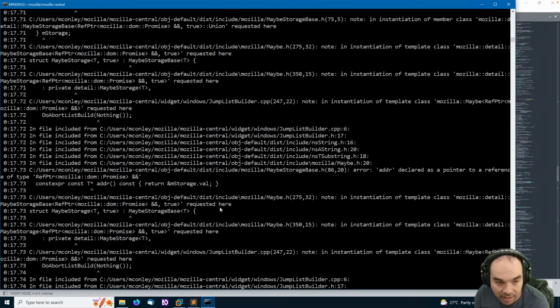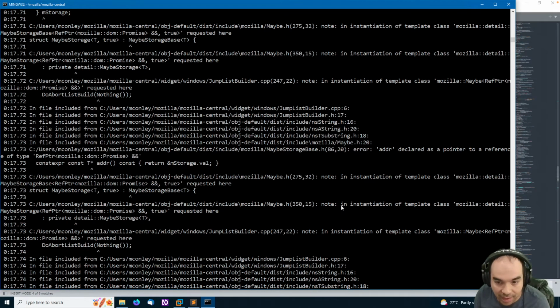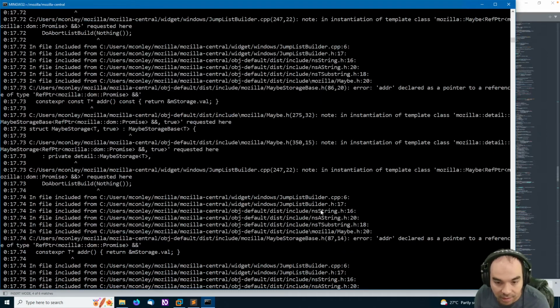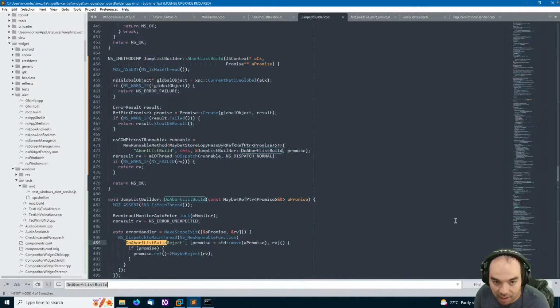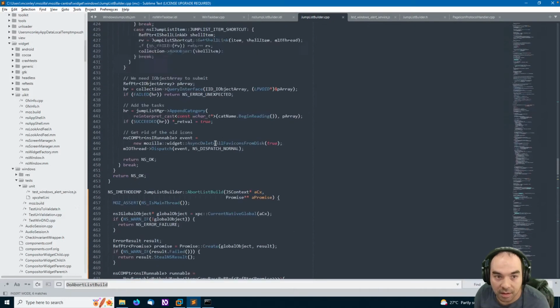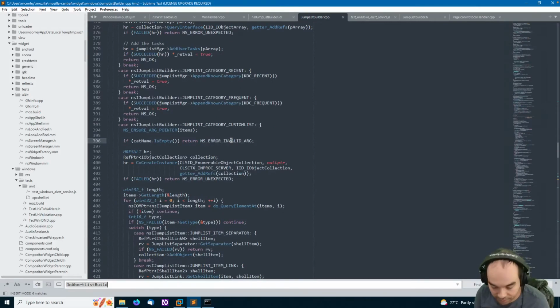So it doesn't like the fact that I used a pointer to a reference of type. Pointer declared as a pointer to a reference. I see. That's fair.